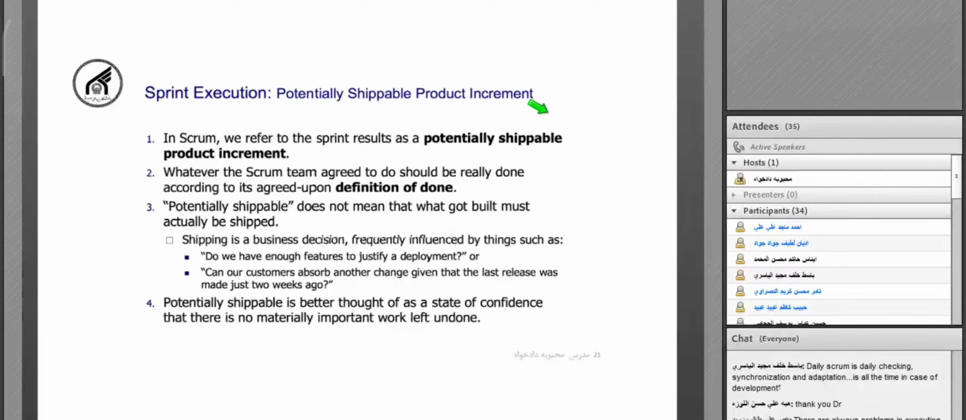At the end of the sprint execution, the result is a potentially shippable product increment. So the product that is produced in the sprint execution is a new increment of our software, which is potentially shippable. This is the phrase that we use to refer to the result of a sprint. By potentially shippable, we mean that the increment is complete enough